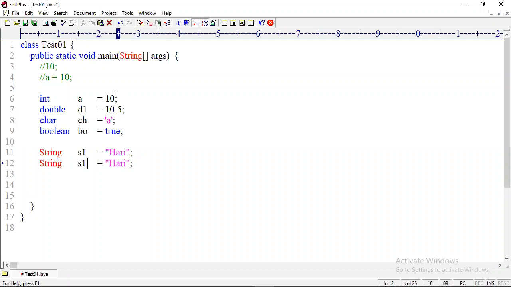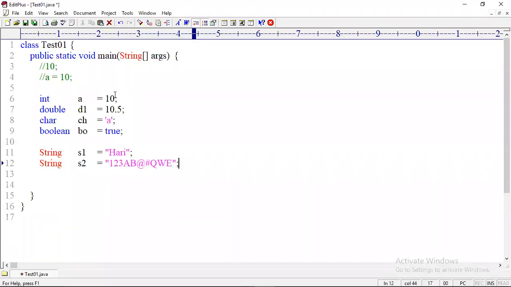Now I am taking another one. If you remember, a PAN card number is what? It's an alphanumeric number. Or a bike number is what? An alphanumeric number. If you want to store 123 ABC at the rate hash, some alphanumeric number, then you must use what? String. So remember these points.